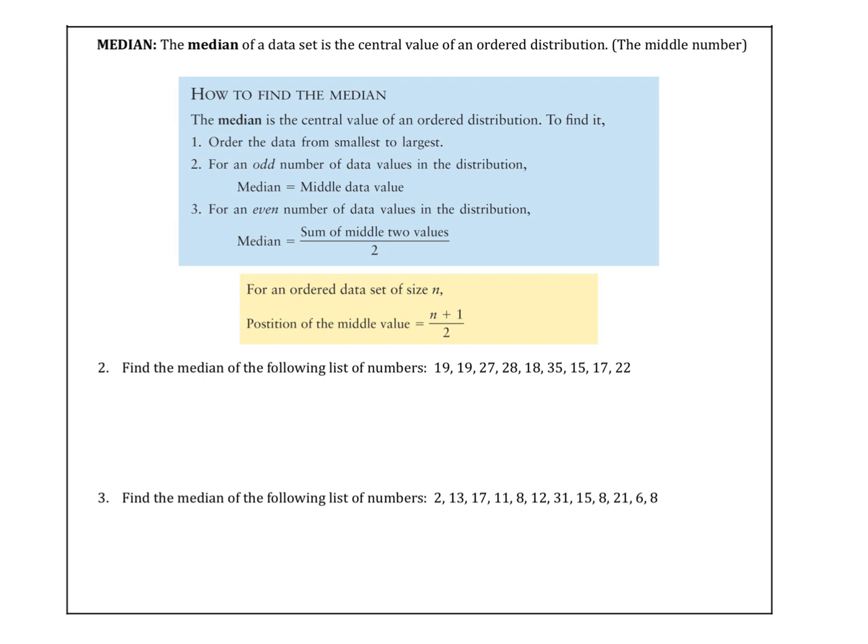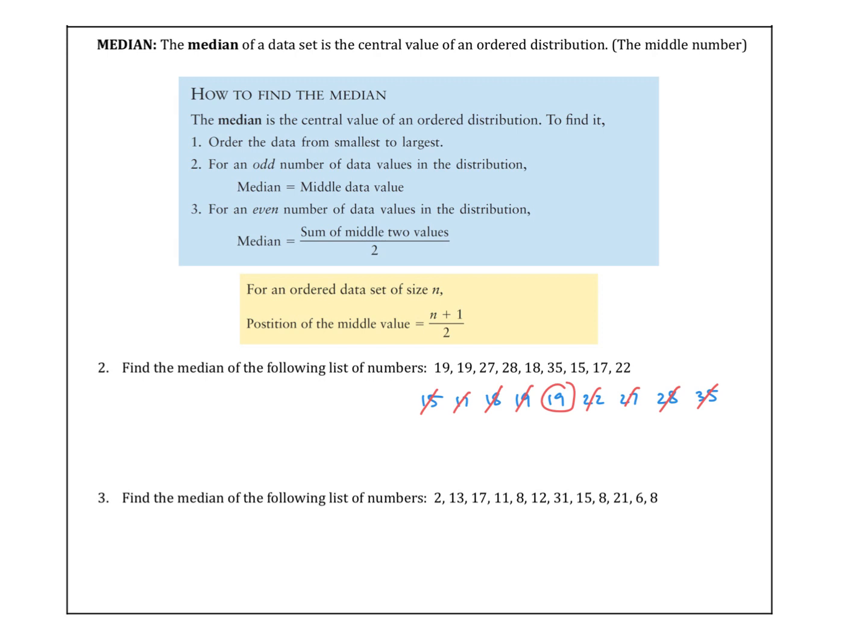So hopefully you had a chance to try that on your own. I've listed the numbers from least to greatest. Now, when you first learned how to do this back in elementary school or middle school, they probably told you to cross one number off at the beginning and one at the end, and then another pair at the beginning and end, and another pair at the beginning and end, until you get to the middle. Now, that way is okay for small sets of data, but there is a better way